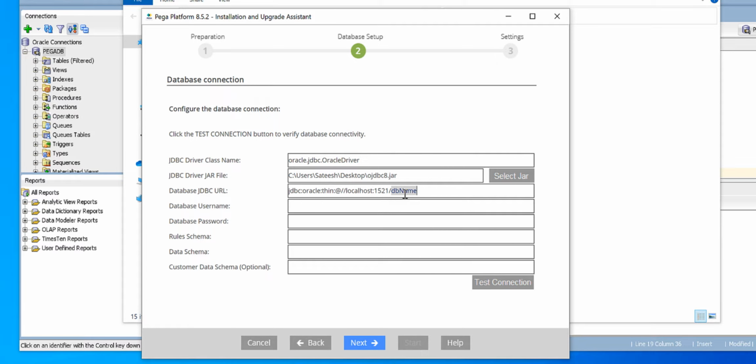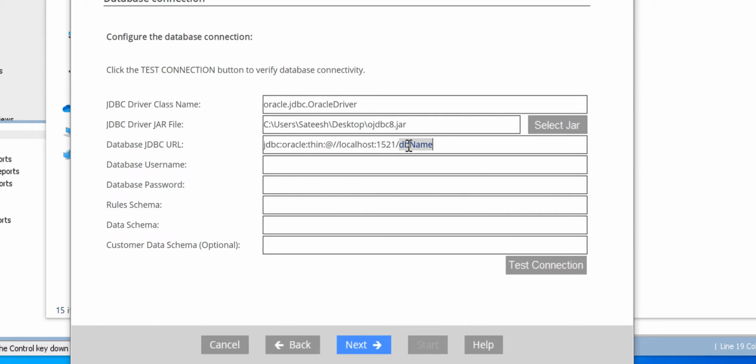Now make sure you specify your database name. My database name is PegaDB. Now the database user. I'm using the sys user for this installation. Ideally Pega recommends creating different operators for installation and configurations.